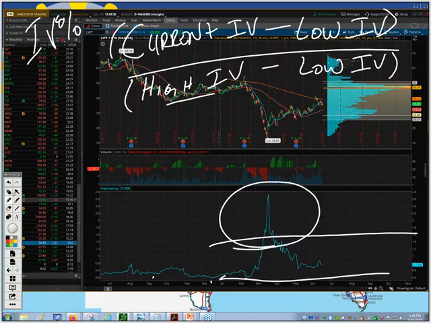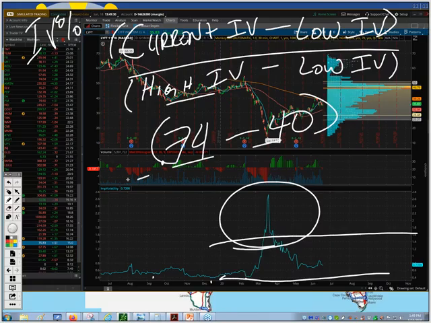So we're going to have to go where the current price is. Let's just call it 74. I'm going to round. You can do a decimal there. 74, the low looks like it was, let's call it 40. So 74 minus 40, we're going to take that sum and divide it by the high, which was somewhere around 2.5. So 2.5 minus that 0.4, right?